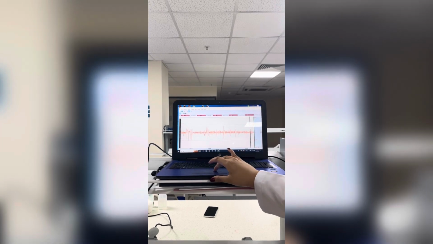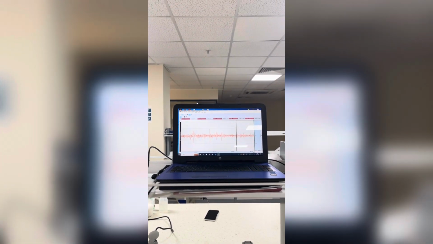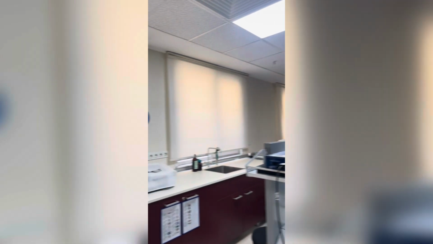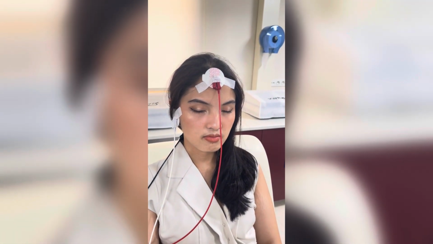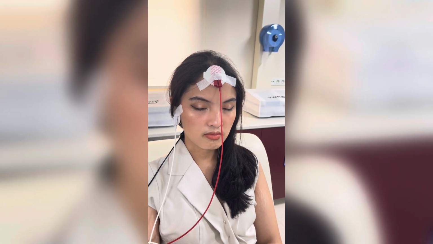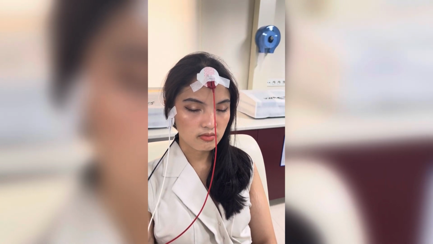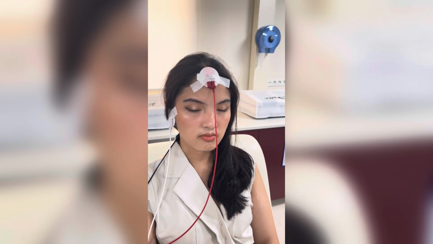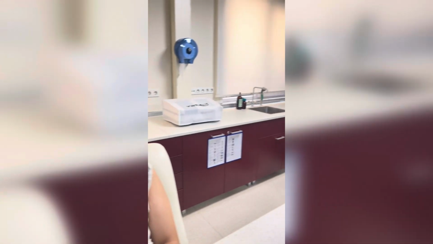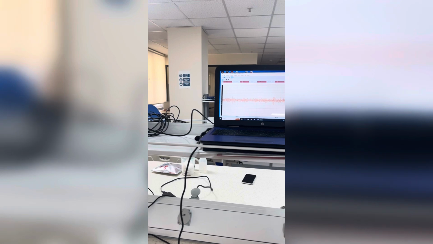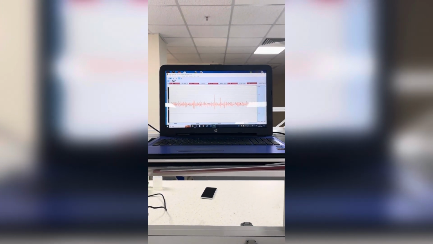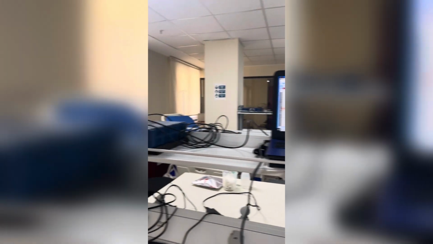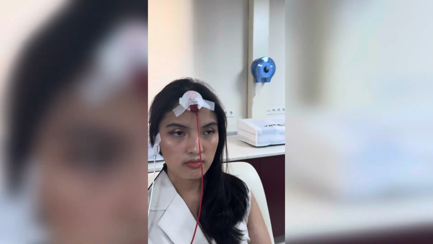And then here we're going to start recording the activity of the wavelength of the patient. And then we ask the patient to close her eyes and relax, but not fall asleep. And we will record that activity, and we will then see what type of wavelength was created by her being relaxed without sleeping. So here you can see the wavelength that was created in that phase of activity that the patient did. And then we ask the patient to open her eyes, and then next we ask the patient